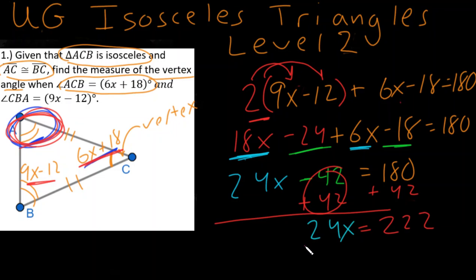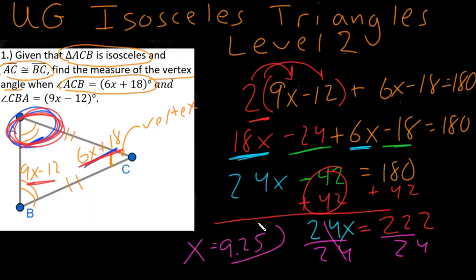Alright, here's our final one. We'll divide both sides by 24. And I'll actually need to get out a calculator to see what 222 divided by 24 is. Let's see here. 222 divided by 24 will be 9.25. Now, a lot of students make the mistake of stopping here, but remember, this problem is not asking you to solve for x,